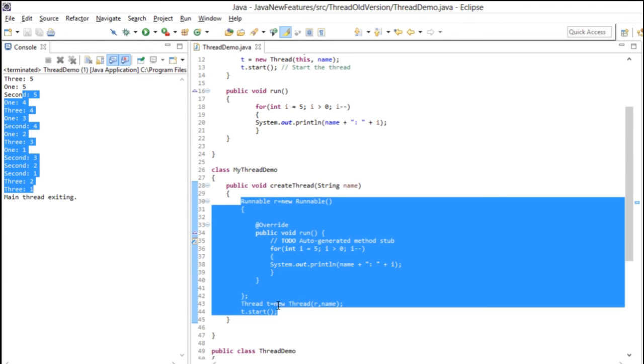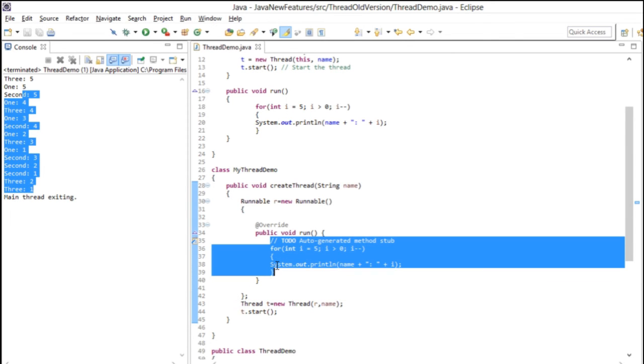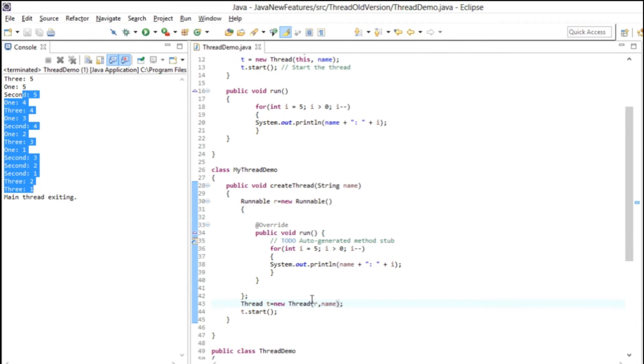Now let's say here I have passed r. Instead of passing r, let's say I wanted to directly pass my business logic. That means I want to create the lambda expression. So let's just remove this.